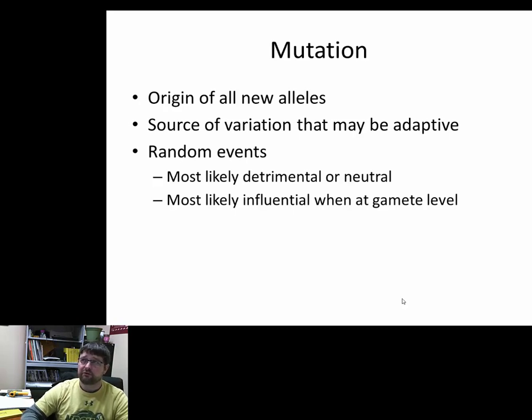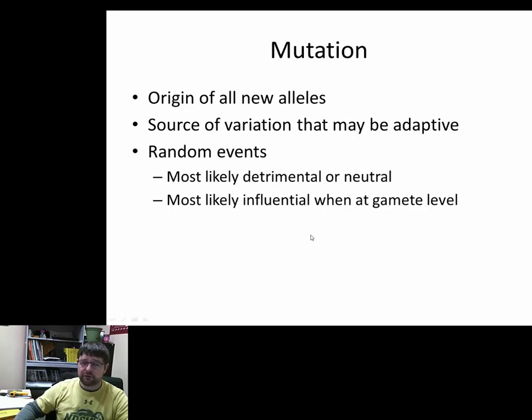Now, we have some mutations in certain regions of our genome, humans and mice and other genomes that we know of, that we have determined a rate of mutation. Okay? Now, it doesn't mean that it's exact, okay, but it's give or take a few hundred years or so. It depends on the mutation. But we have a range at which mutations will pop up on certain genes. Okay? These are genes that will be less conserved and have more ability to change. Okay? Like I said before, most mutations are detrimental or neutral.